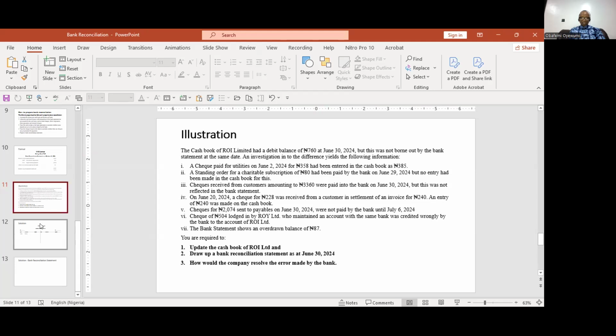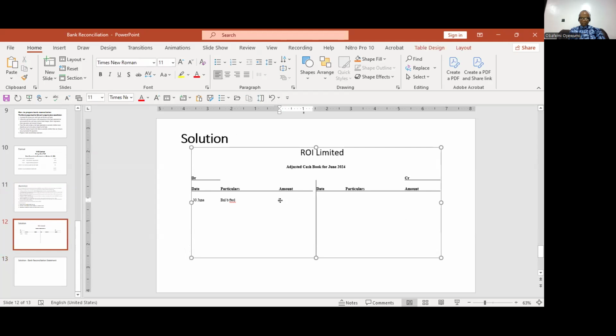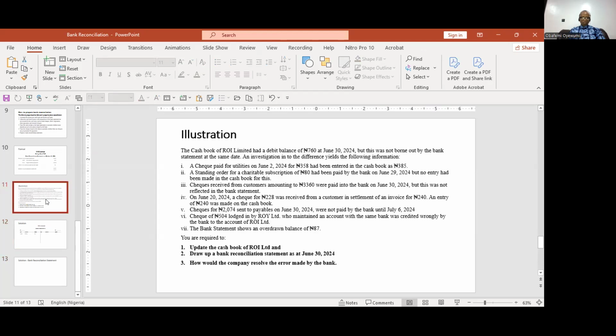760. So let's go over to the amount. I will record 760 there. Okay, 760. Now let's go to the next line. Okay, a check for utilities on June 2, 2024 for 358 had been entered in the cash